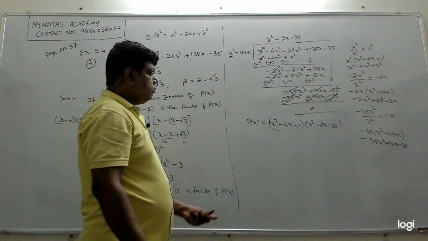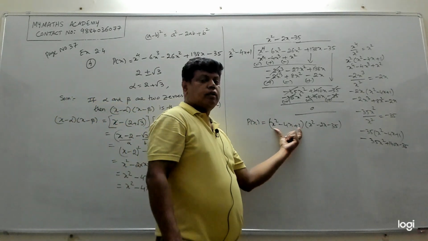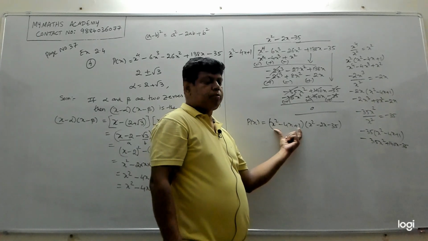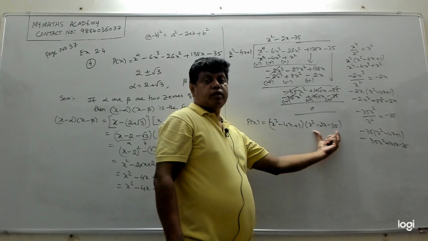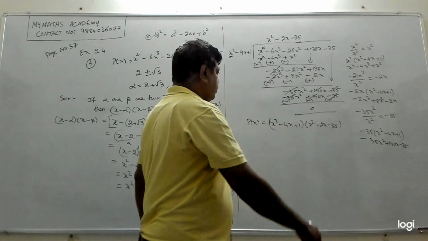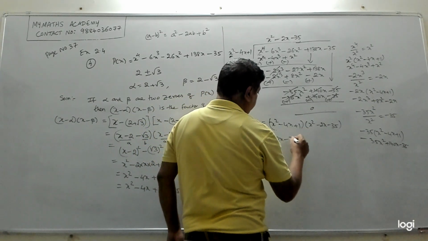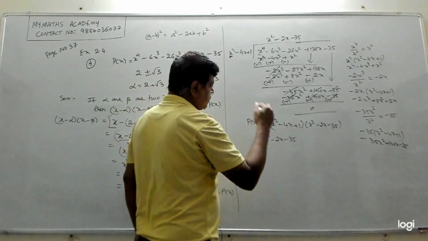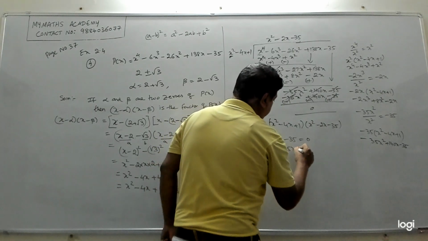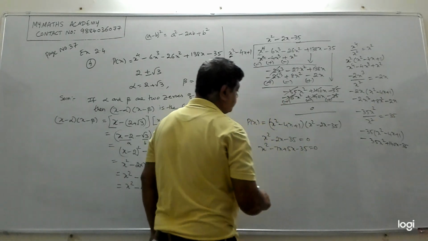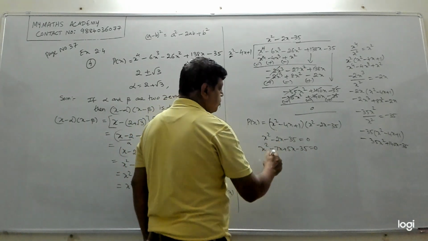Right? Now we know that from the two zeros that are given in the question, we have got this quadratic polynomial. Now to find the other zeros, we have to find the zeros of this polynomial. So how do we find the zeros of this polynomial? x square minus 2x minus 35. We have to factorize this. So equal to 0, splitting the middle term. So we'll get x square minus 7x plus 5x minus 35 equal to 0. Right? When you multiply, 7 fives are 35, and then minus 7 plus 5 will give me minus 2.